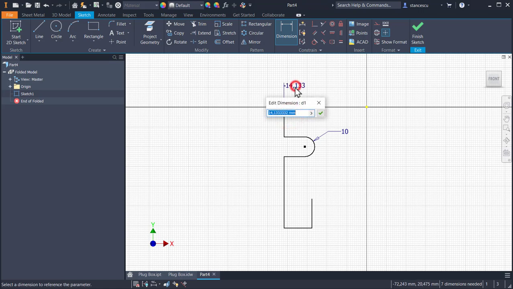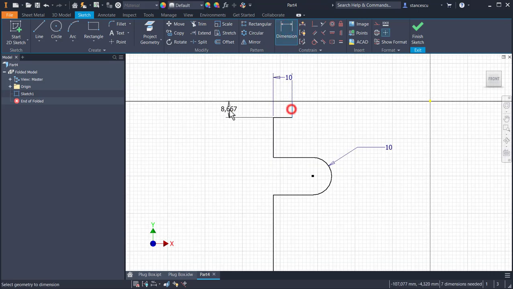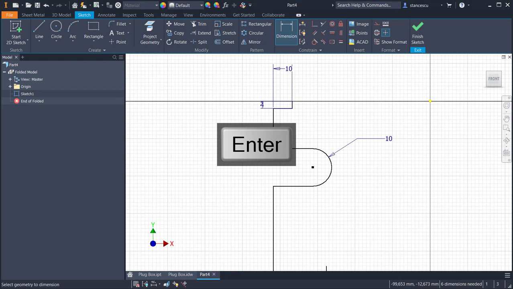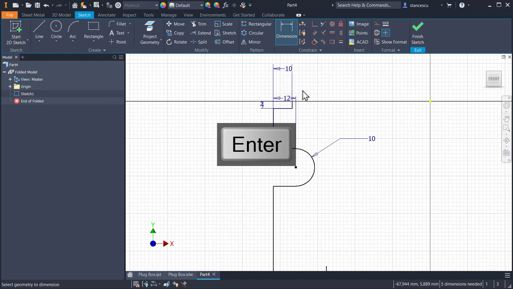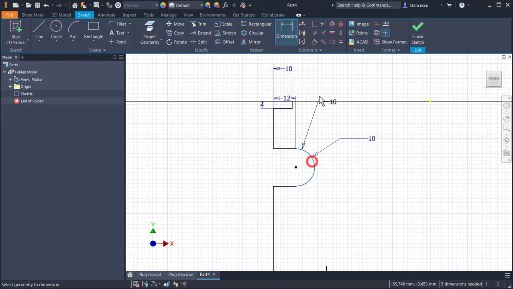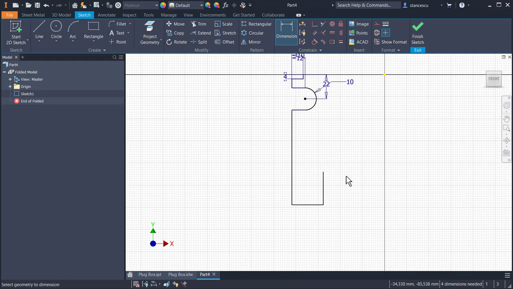Dimensions: 10, then 4, 12. This distance is 22. 20, 71,